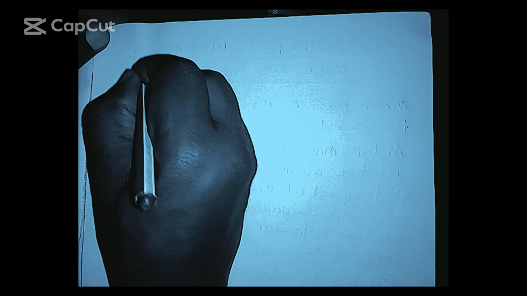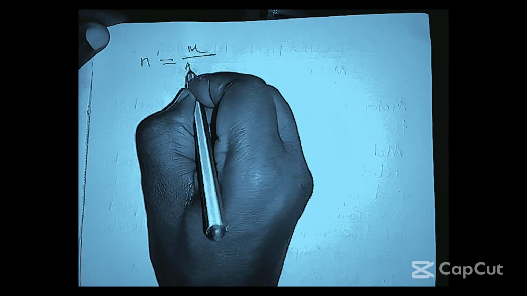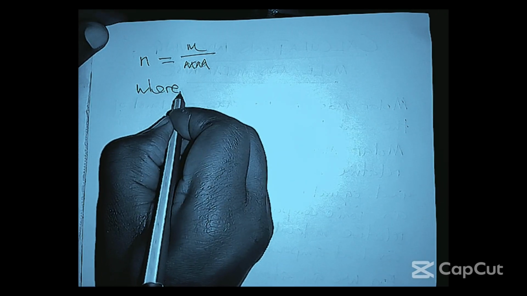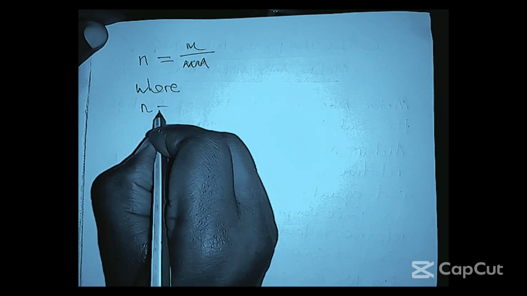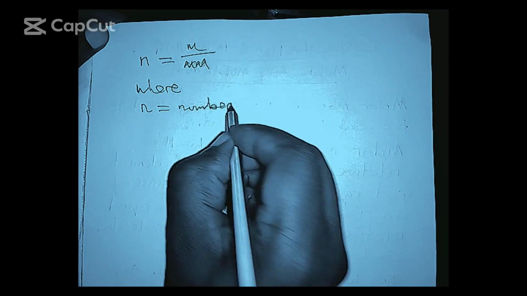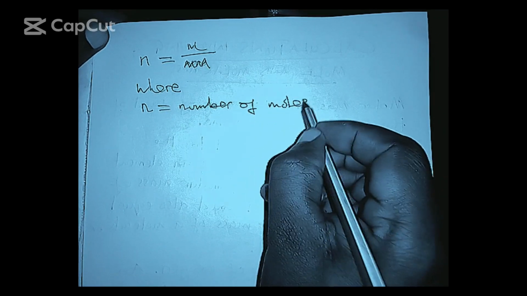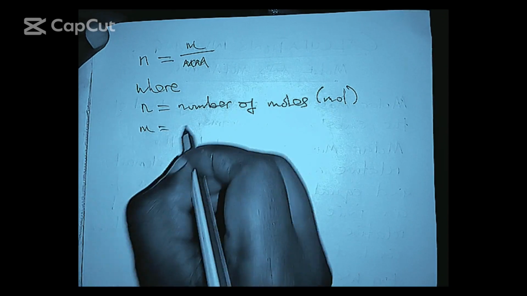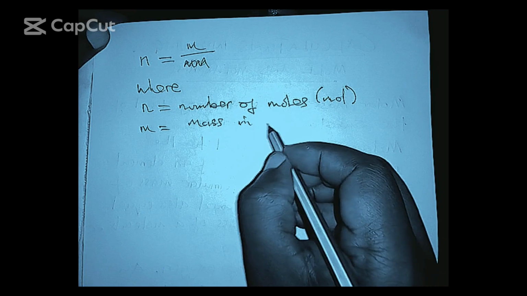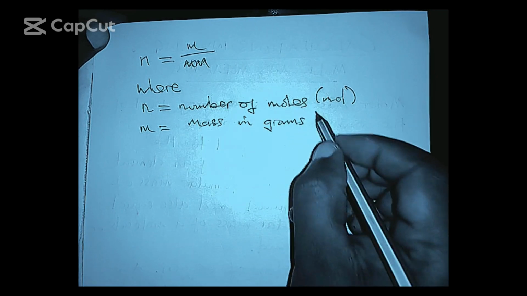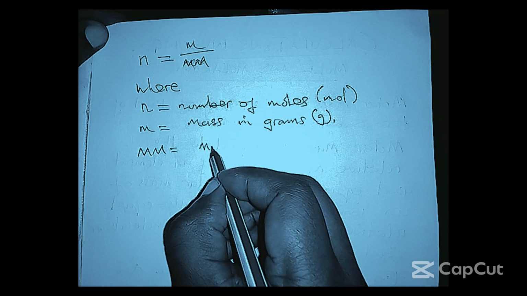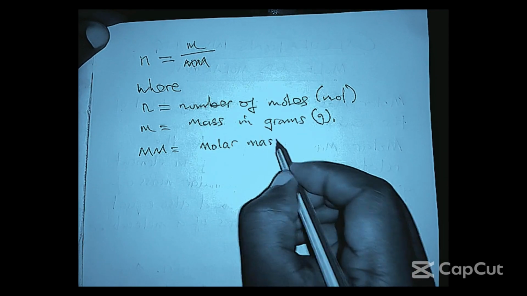This formula says N is equal to M over double M. So we are saying where N is number of moles, in mole as units. Then M there is mass in grams, which is G. Then double M is molar mass